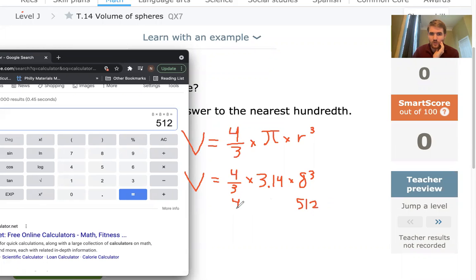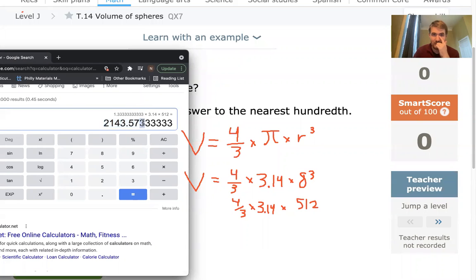Now we have 4/3 times 3.14 times 512. I'm not going to round 4/3 because I think Desmos might give me the wrong answer. So we'll clear this. Now I'll just do it all together. 4 divided by 3, 1.3 going on forever, times 3.14 times 512. That's going to equal 2,143.57. It says round to the nearest hundredth. That means 2 decimal places. So this is what we want,